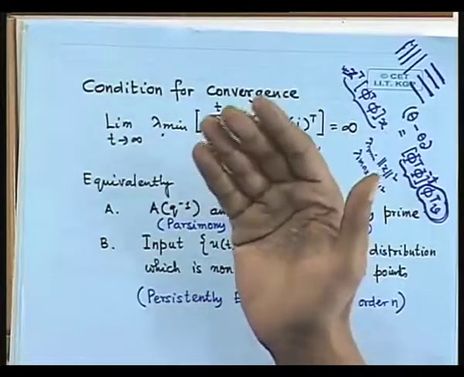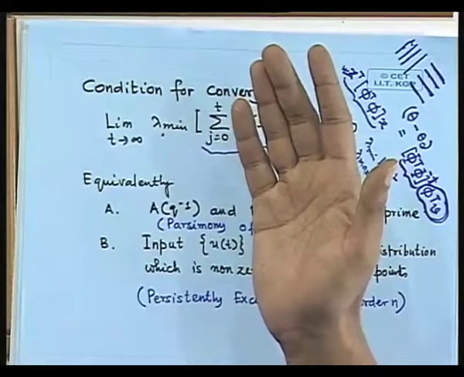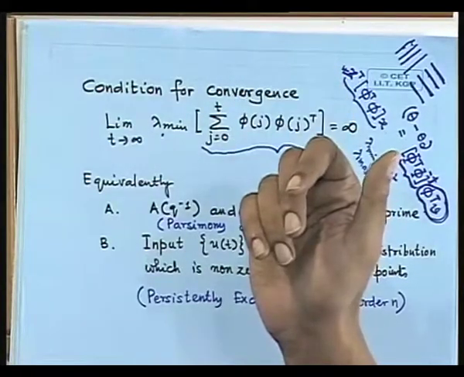I have to ensure this. So how do I ensure this? I have to ensure this by two things. One is that I have to ensure this by, what does phi contain? Phi is a vector. So it contains firstly some input output values. Outputs are again generated by inputs. So I have to first ensure this by choosing my inputs,